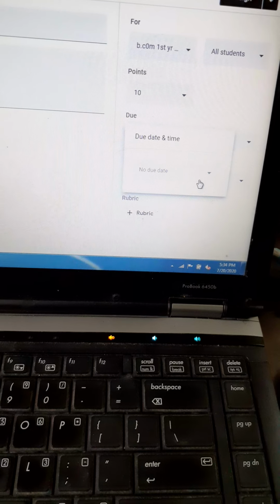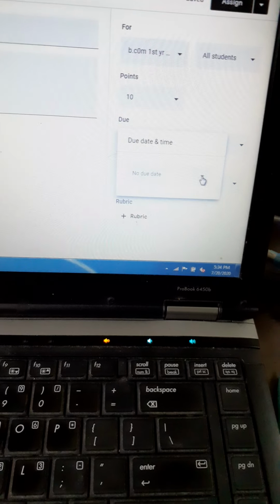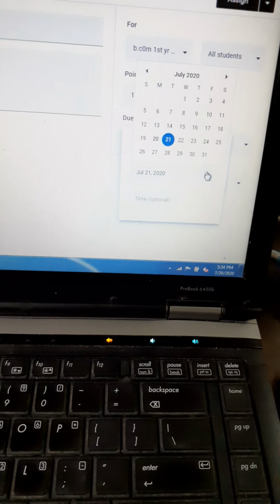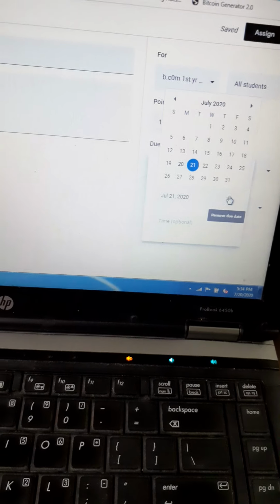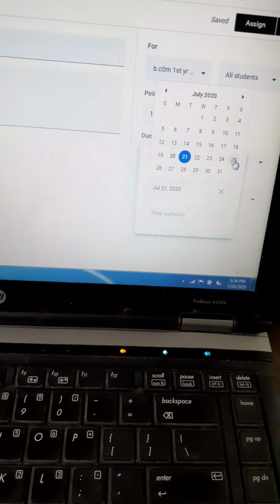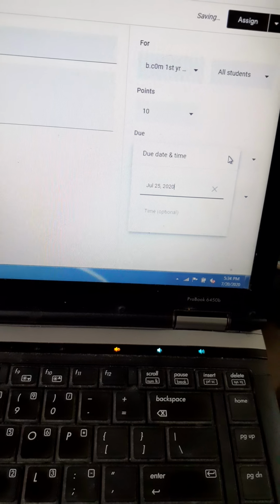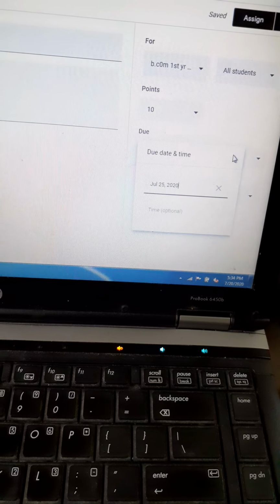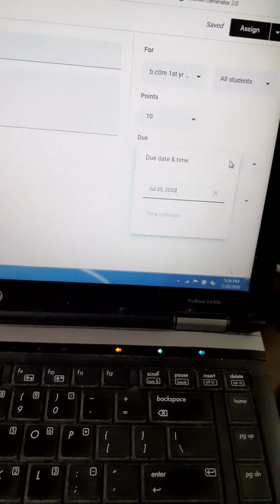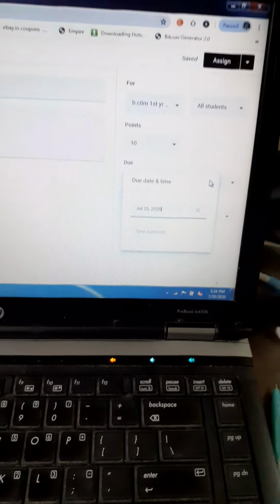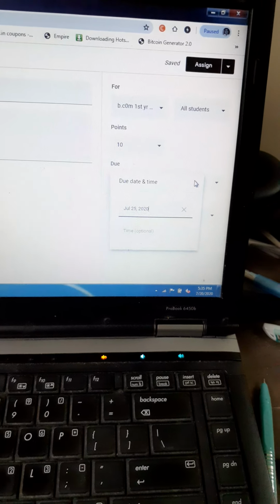If no due date, then it will not take. If you select due date, calendar will apply. So here you can select due date like this 25th July, if you want to give 26th July 2020. Okay, so time is optional, morning or evening. Like this you can give instructions to them.